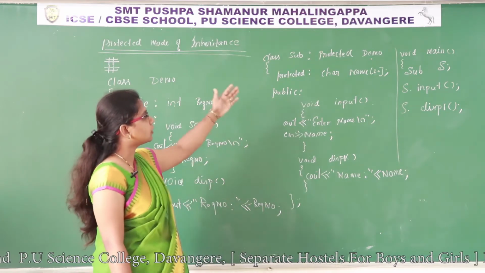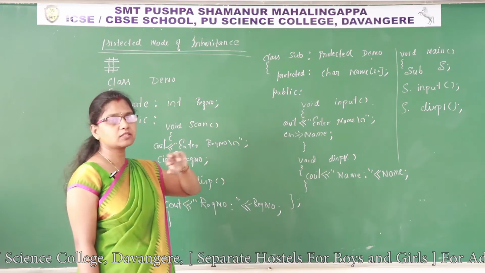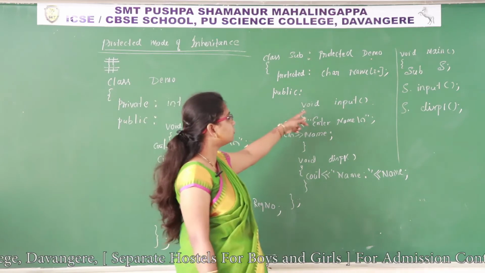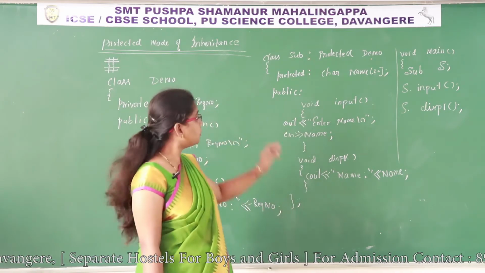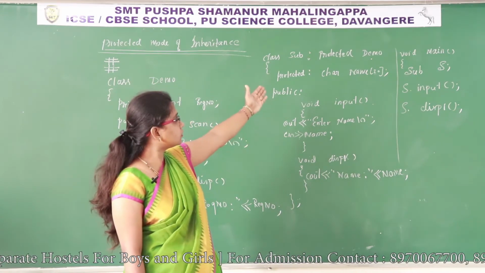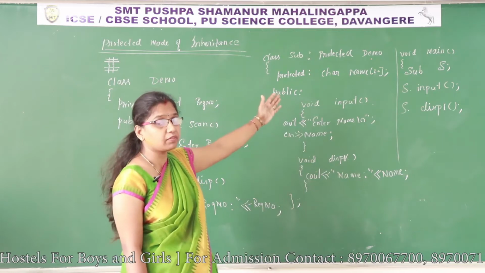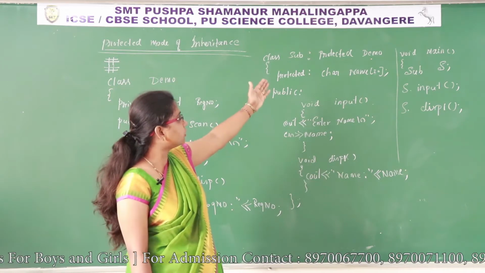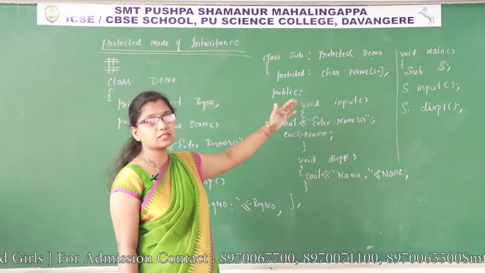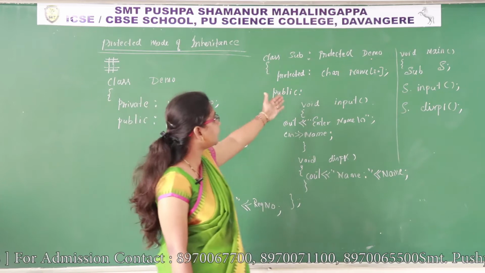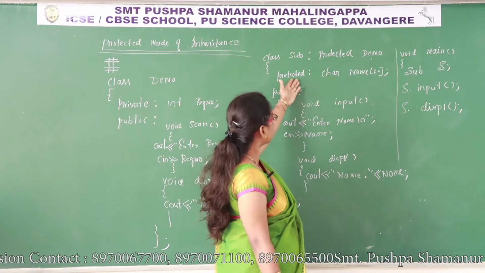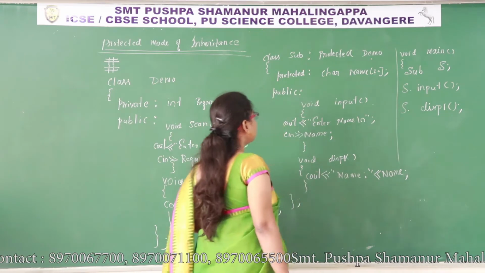In this inheritance, the protected section has two member functions, scan and disp. Then how to access? We can access the scan function from the input function. Input is a member function of this class, the subclass. Scan is a member of this class, in the protected section. So the private data of the subclass is name, and the member functions scan and disp are in the protected section. So I can access the scan function from this function. So how to write this?